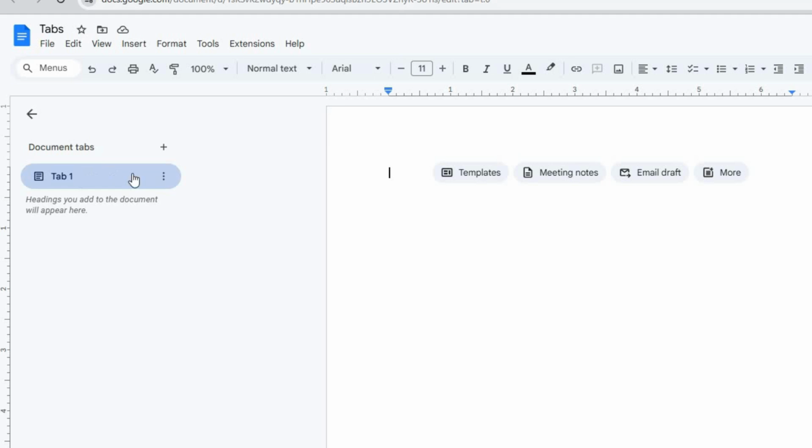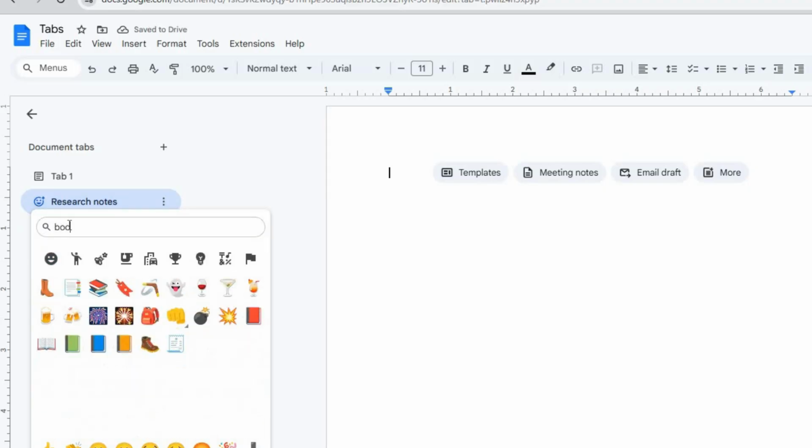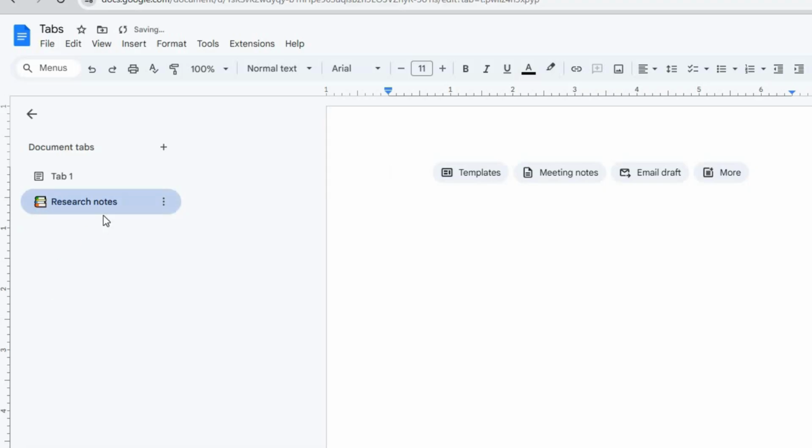In the sidebar, you'll see your current tab, often named Tab 1 by default. Click the plus button labeled Add Tab at the top of that panel to create a new blank section. A new tab will appear with a generic name like Tab 2. Click the name, type something descriptive, such as Research Notes, and press Enter to save it. If you like visual cues, you can even add an emoji in the tab name to make it easier to